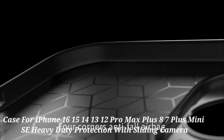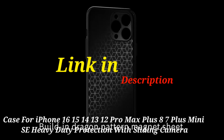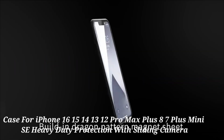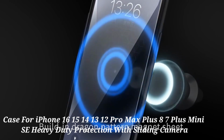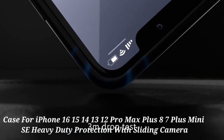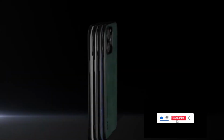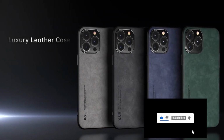Precision fit. Every cutout is laser measured for a seamless fit, ensuring unhindered access to the iPhone 16 Pro Max upgraded camera system, Dynamic Island, USB-C port, and Face ID sensors. The tactile buttons are responsive and satisfyingly clicky, offering a natural feel that mirrors the phone's own design philosophy. Wireless